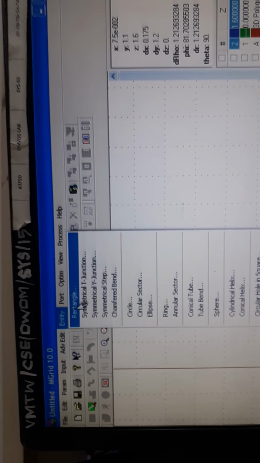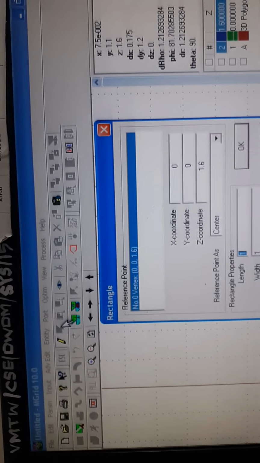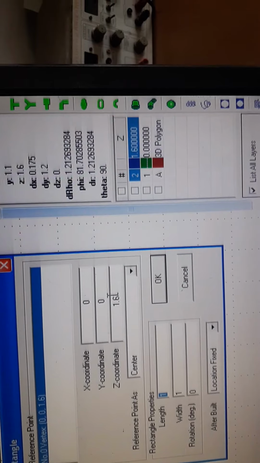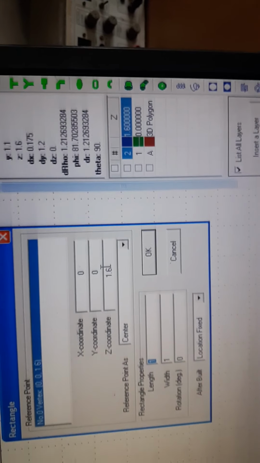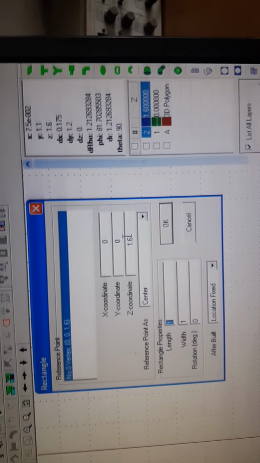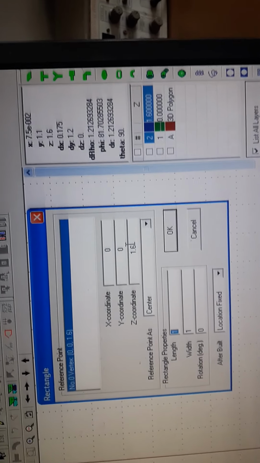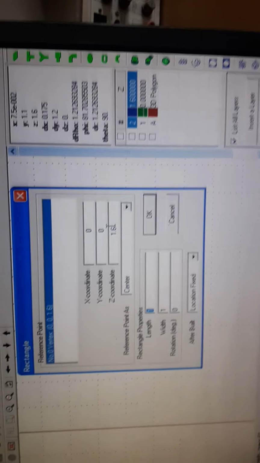First we said that we have designed one rectangular microstrip antenna, so that's why we have taken a rectangular entity. In the rectangular entity, you can see the x coordinate is 0, the y coordinate is 0 and the z coordinate is 1.6. That means the antenna will be shown at the center of the worksheet.